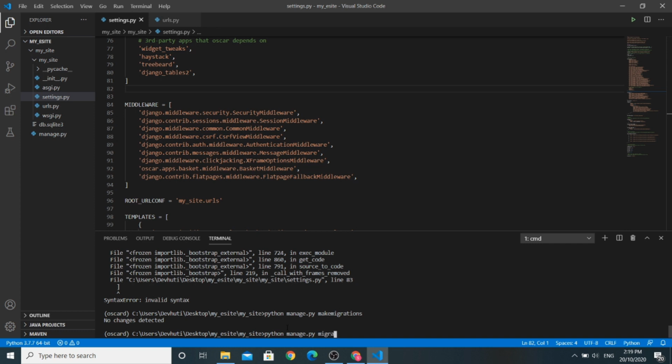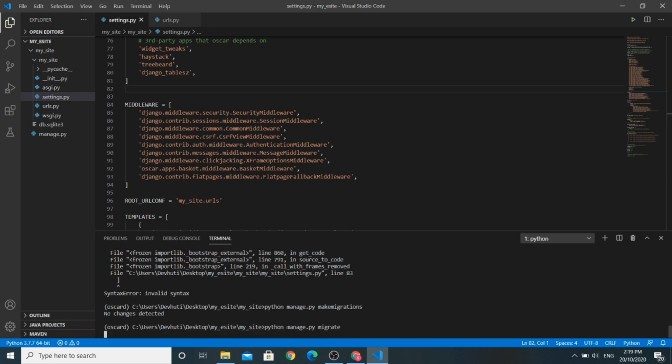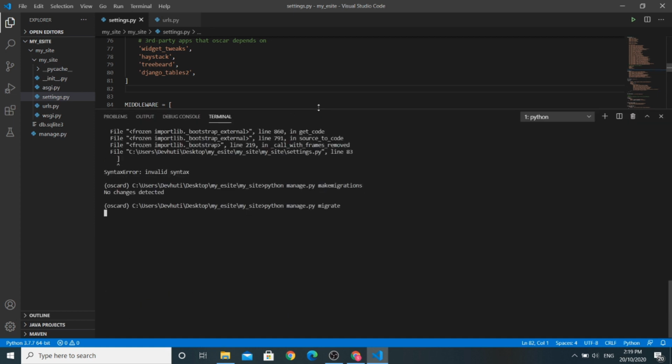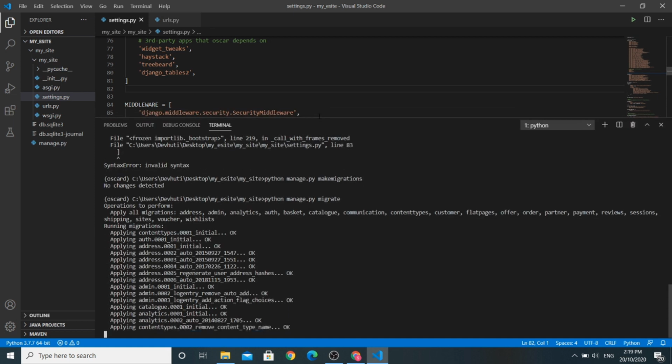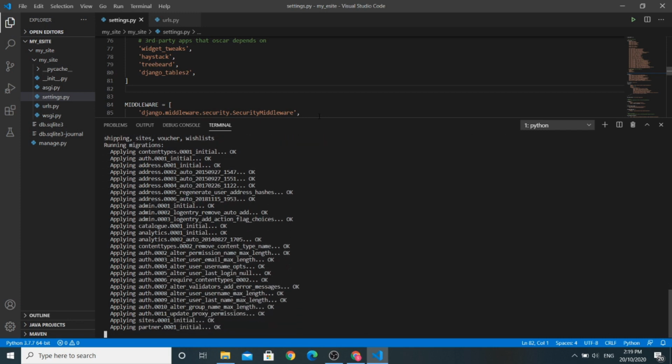After making migrations, let us run the migrate command. So now let us run the python manage.py migrate command. You can see all the migrations taking place in our project.